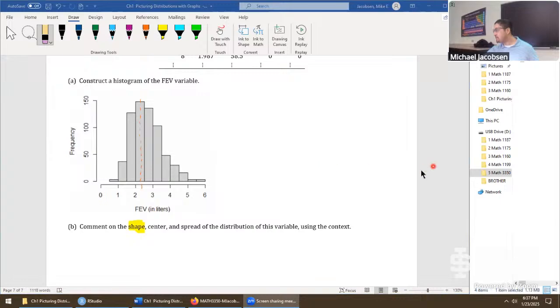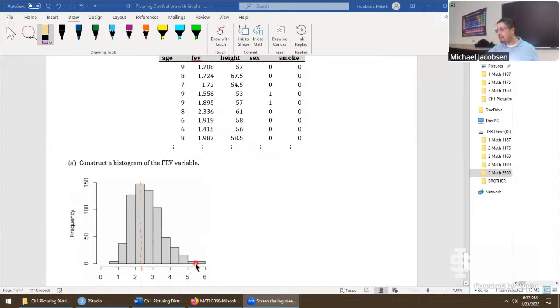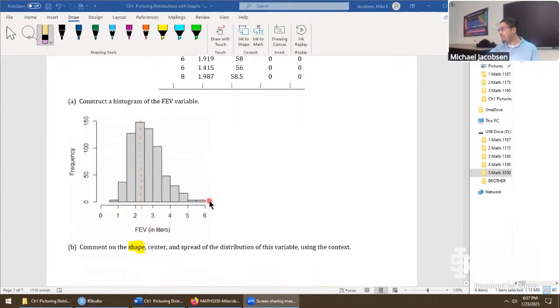And Hayes asks, why is there 2 blocks between 5 and 6? So these 2 blocks mean there are some people in this data set that have an FEV in the 5-liter range and maybe all the way up to the 6-liter range. So that is what those 2 observations are saying. Let's write that out here. Oh, that didn't work. Let me try again.